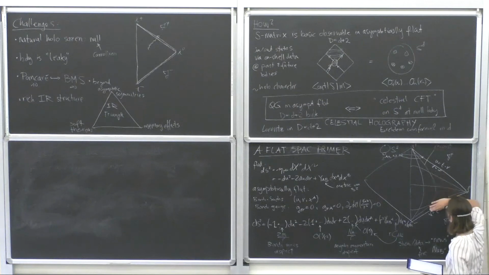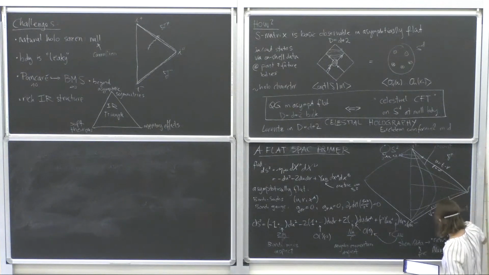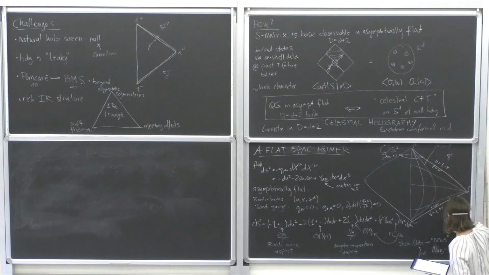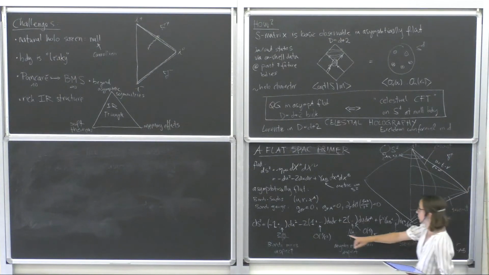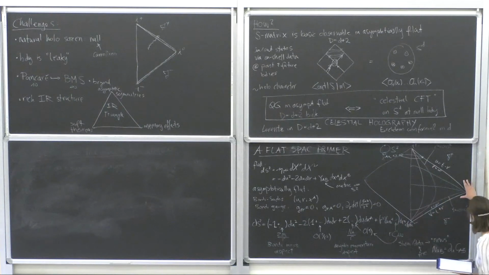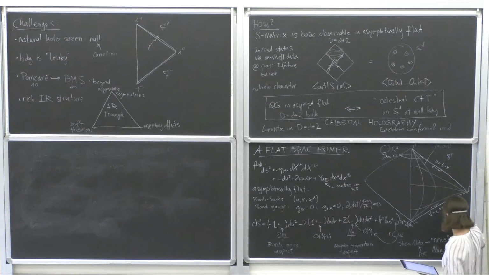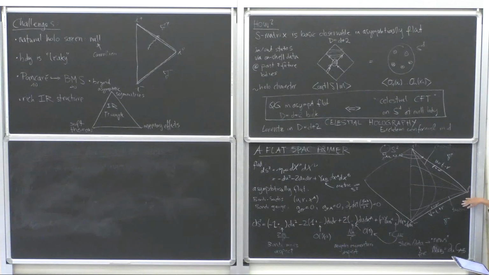Then, in order to have a well-defined scattering process where stuff comes in from the past boundary and goes out to the future boundary, you also need to say what happens to these fields, in particular to M, A and CAB near I0, so how these are related. I will not go into much detail, but this condition for having a well-defined scattering problem goes under the name of antipodal matching condition.